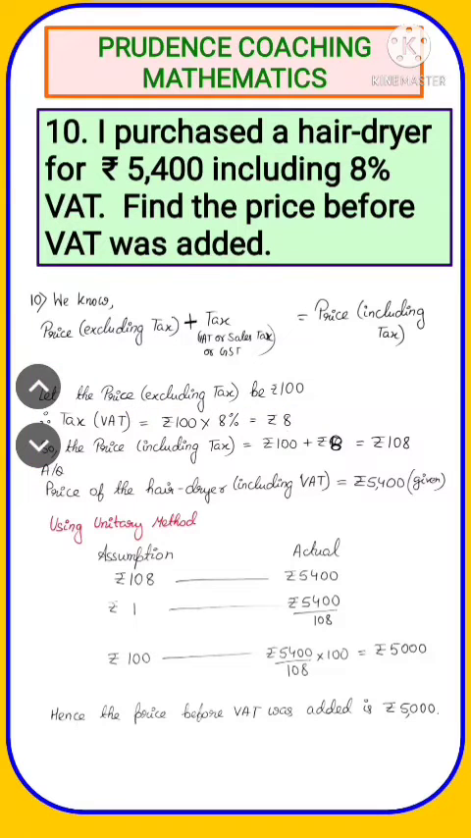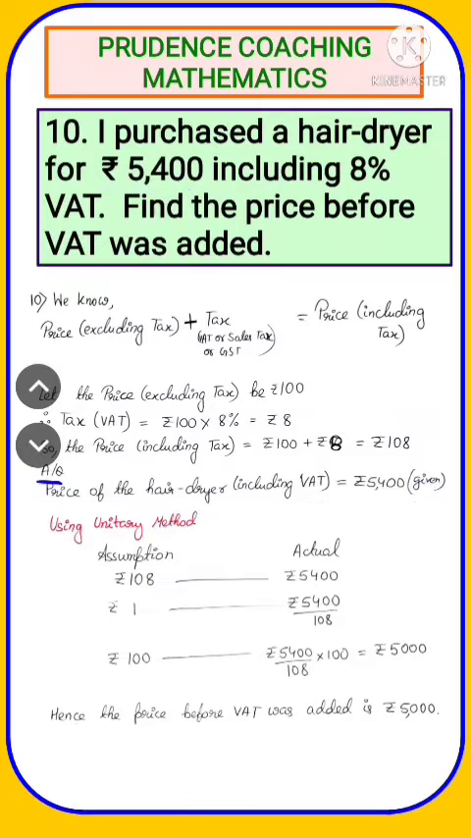On this particular rupees, that is the price excluding tax, you need to calculate the tax percentage. So here 100 rupees into 8%, you will get rupees 8. Now, this 100 is the price excluding tax and this 8 is the value of tax. If we add both, then you will get the price including tax, that is rupees 100 plus 8, that is rupees 108. According to the question, as you can see, the price of the hair dryer including tax is given to be rupees